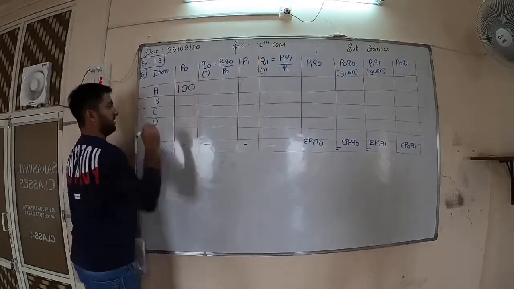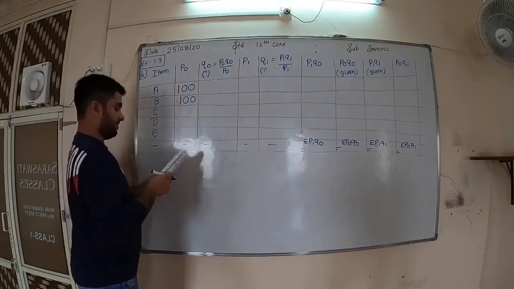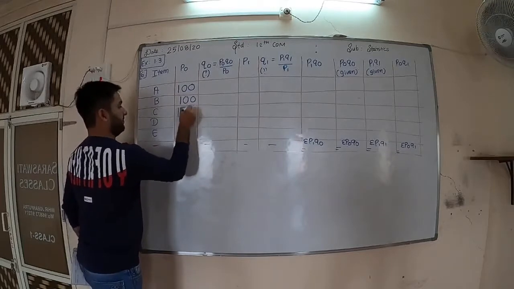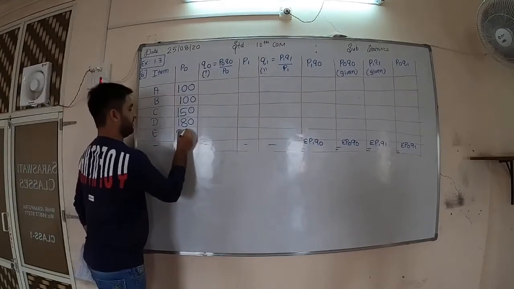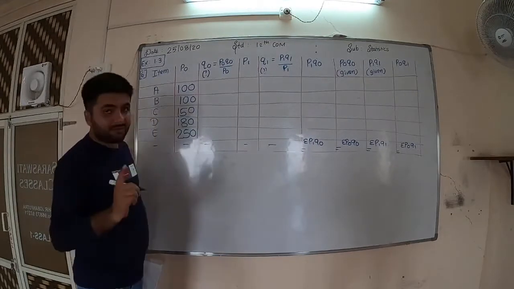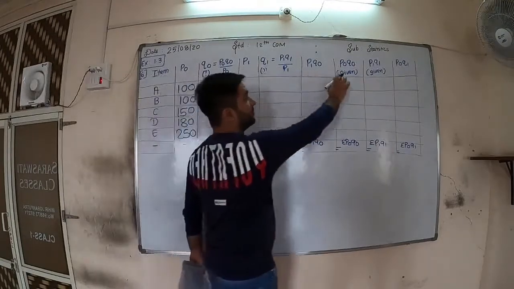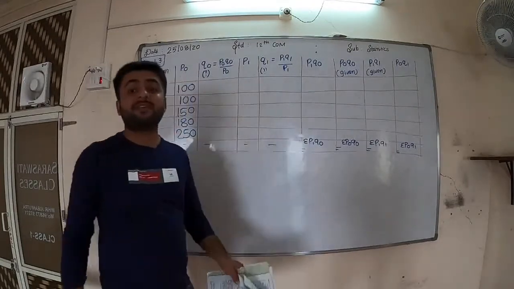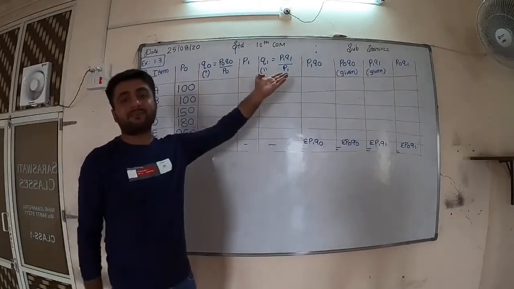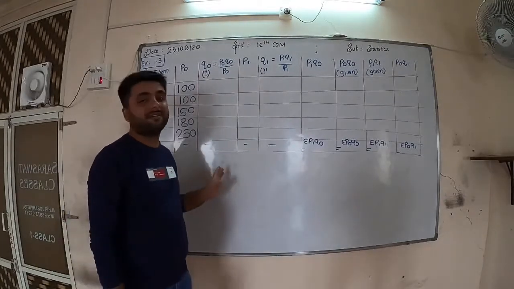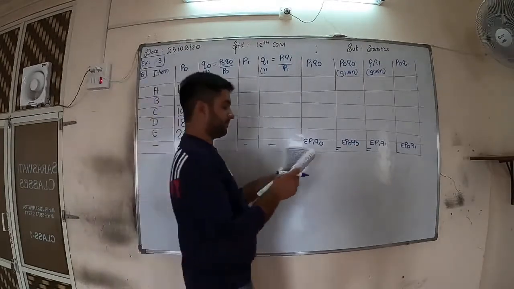Price: 100, 100 again, 150, 180, 250. Now, without making a mistake, you are not required to write here, you are required to write here because it is expenditure. Most of you are drawing the correct format and writing these things correctly, but by mistake you are writing the data here. No friends, this is wrong.